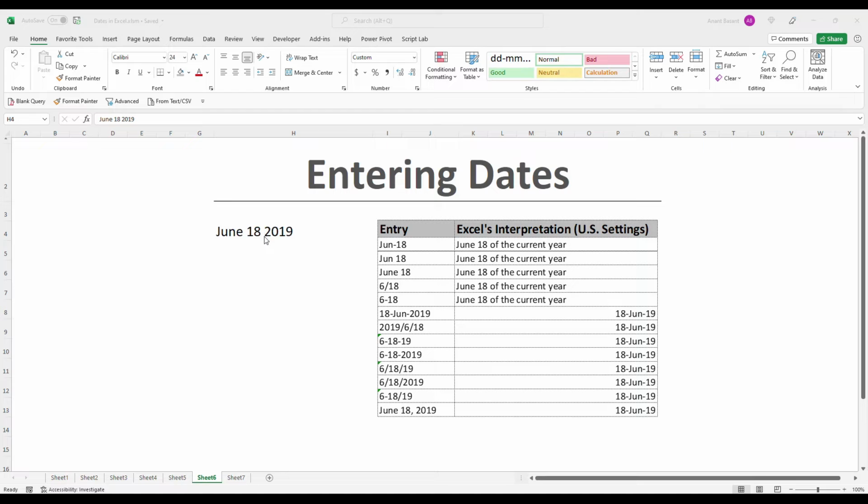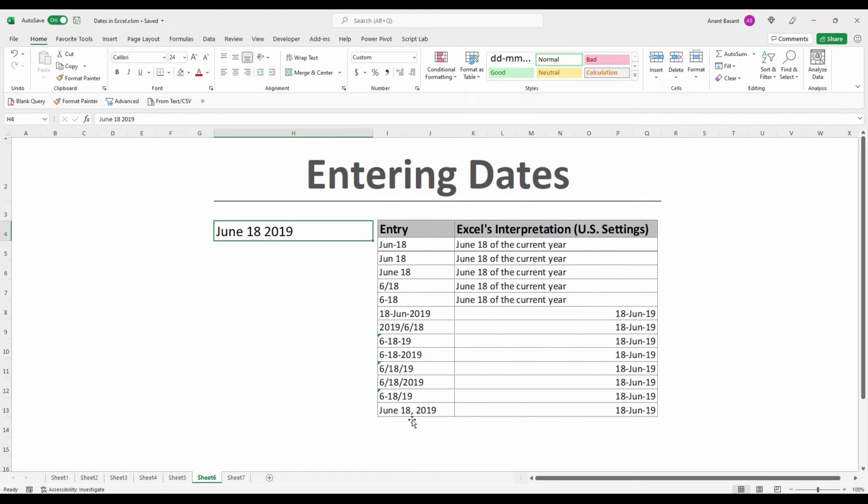If for some reason you have to type dates in Excel, you need to type them in one of these formats. When you type them like this, Excel converts it into a proper date and makes calculations possible. Here, for example, I have typed it like this, which is none of these formats, and Excel has left aligned it because it doesn't recognize it as a date.